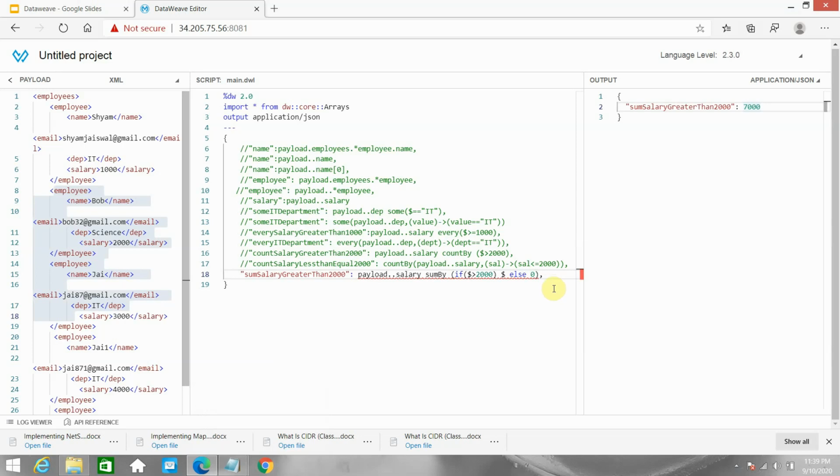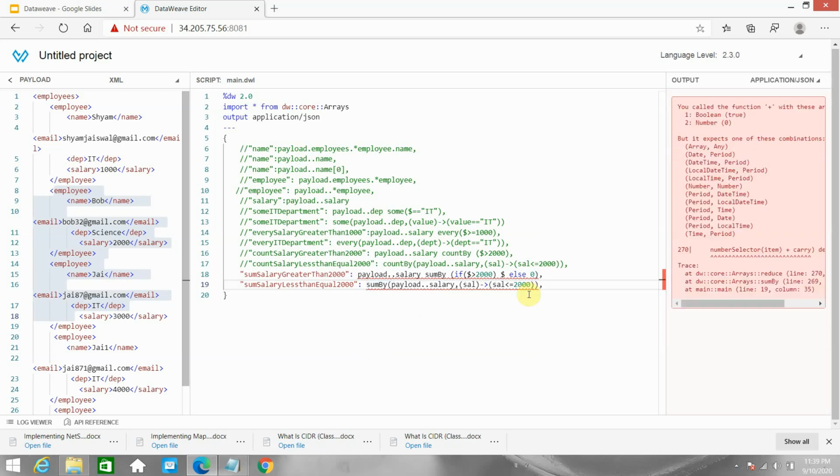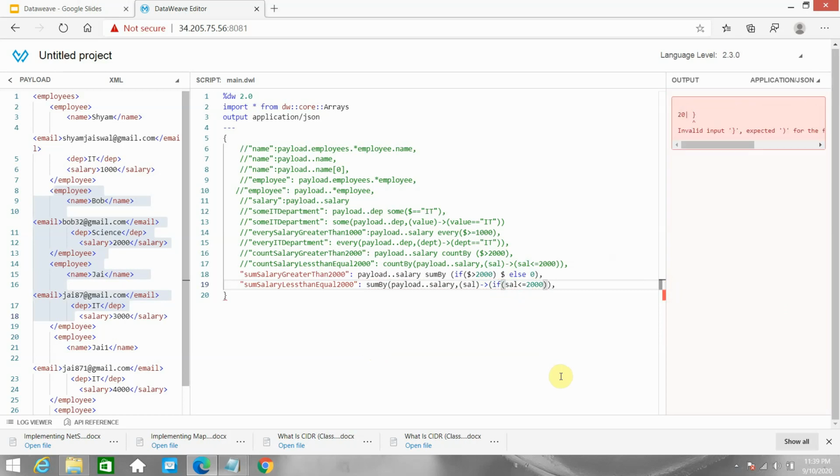Correct? Now I will use this particular function. Same thing, I want to sum salaries less than or equal to 2000, so instead of count I can use sum by. You can use either syntax, with or without a lambda expression, but it failed again because I need to say: if salary is less than or equal to 2000, then salary, else 0, and put brackets.